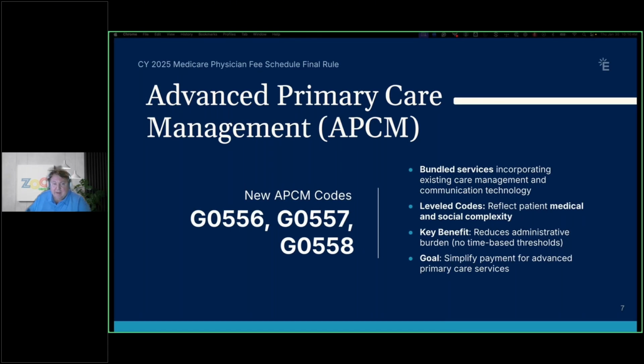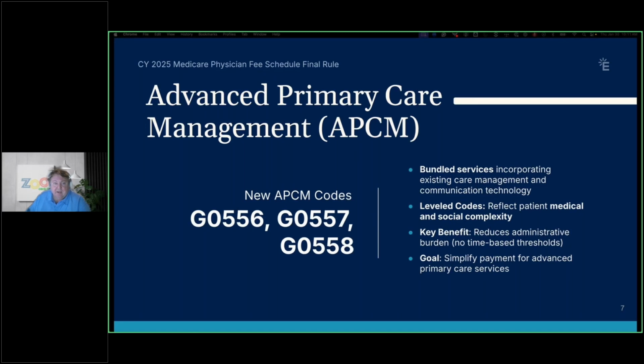So this is kind of an alternative pathway because the first code, G0556, is for patients that only have one chronic care condition. Generally, for CCM, you have to have at least 2. So they broke this into pieces, these 3 different codes. The first one is for a chronic condition that's expected to last a significant amount of time, commonly at least a year or until the patient's death. These services are offered by clinical staff under the guidance of a physician or other qualified healthcare professional who acts as the main point of contact. So what does that mean personally? I've seen practices use nurse practitioners to manage these chronic care patients. The code is billed per calendar month. So this is a monthly code, and right now reimbursement for that is right around $16. Of course, that's going to vary on where you're at,